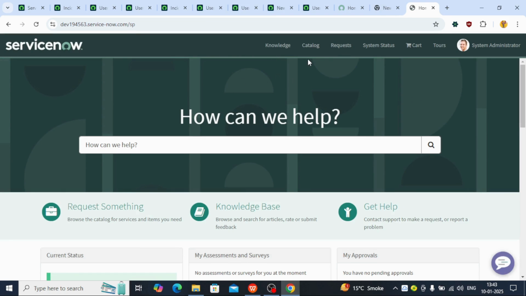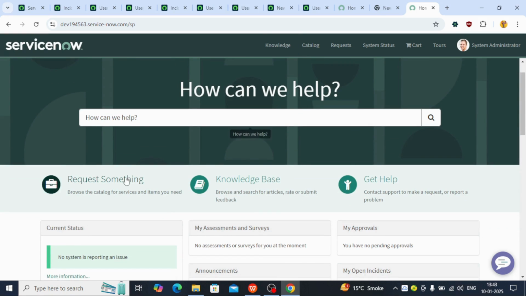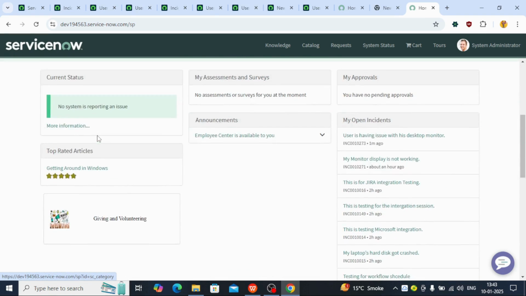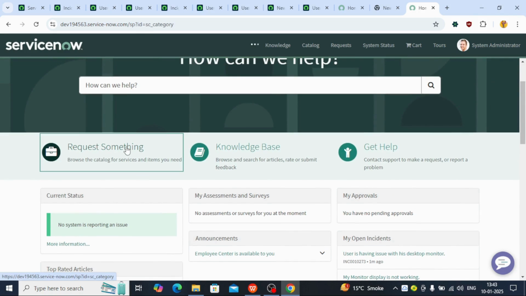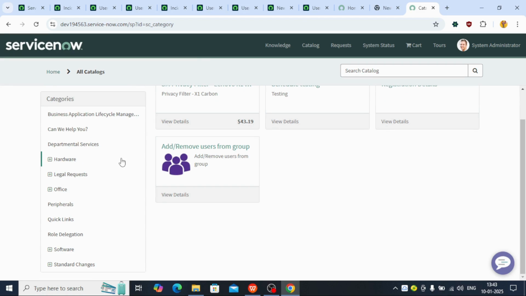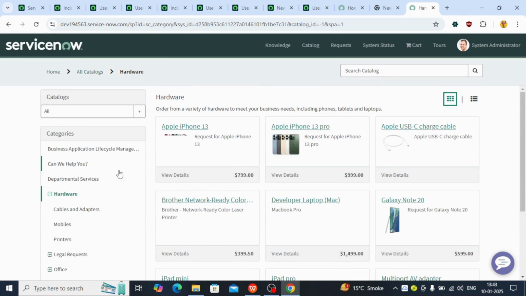Usually our end user gets access to this service portal in order to use it for self services like request something, knowledge base, get help. If I click on request something, I see these are some catalog items which I can access. These are where the user gets catalog items to request. If I go back to the home,